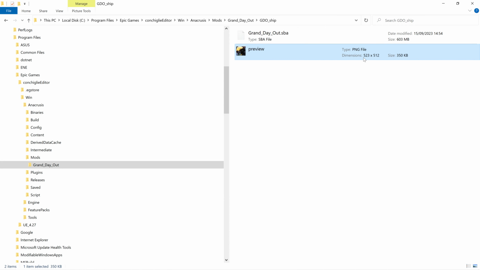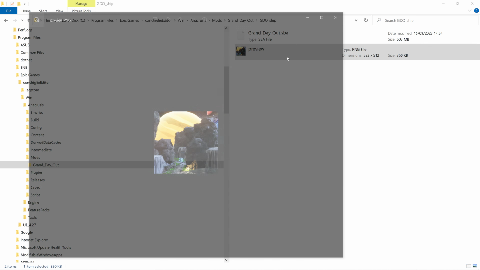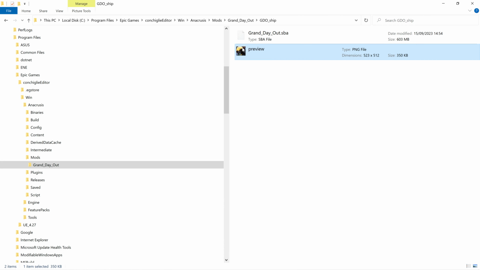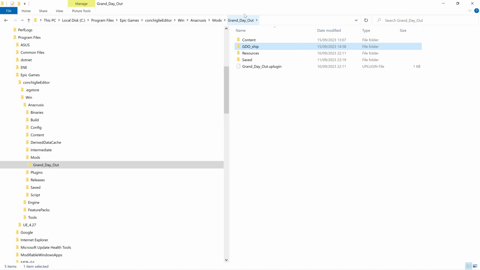I've literally just noticed this says 523 by 512, so mine's slightly off, but actually it still works, I have to say. But the recommended size is 512 by 512, and so you need to take a preview image and then resize that, and you need to name that preview, the file itself, and it needs to be a PNG file. Now once those two files are in that folder, you can come back up through the folder structure to